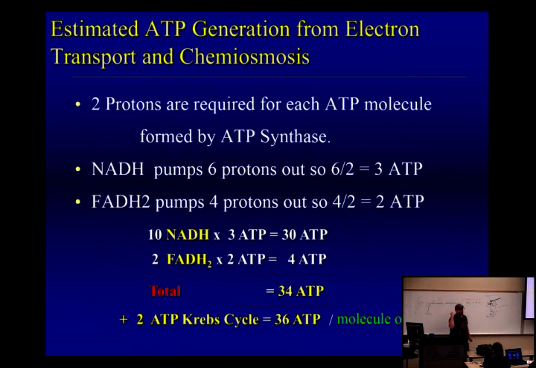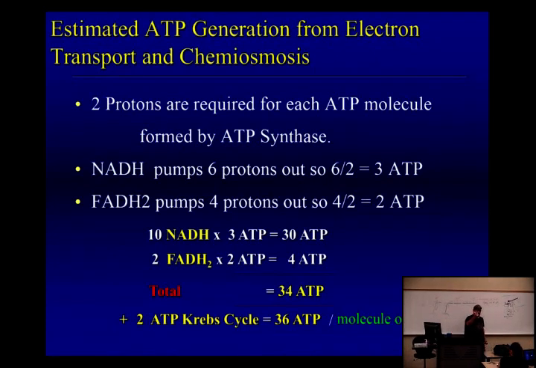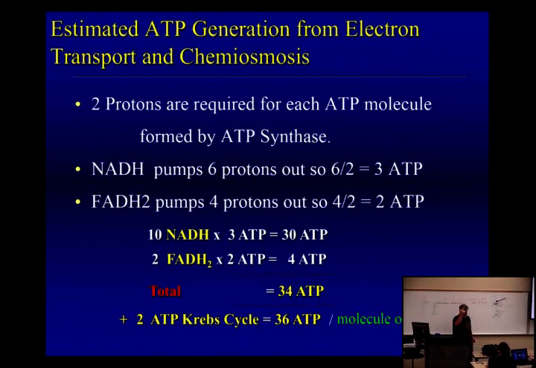Where do we make them? You're going to need to know this for the test. Remember, I told you guys need to know what goes in and what comes out. When does NADH come out? 2 in glycolysis. Excellent. So how many in the Krebs cycle? 6. So we're missing 2. Where's the other 2? Pyruvate gets converted into acetyl-CoA. So that's 10. So how many protons do we have then?